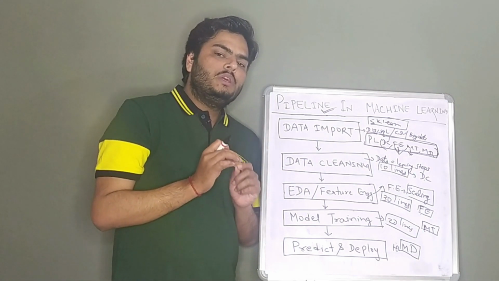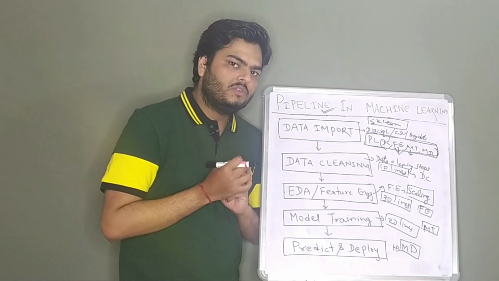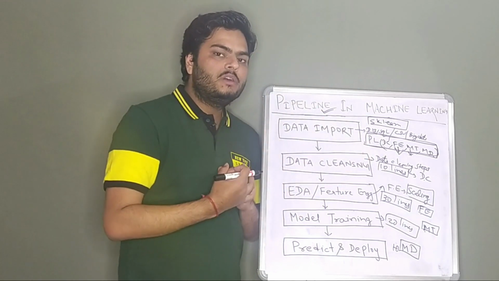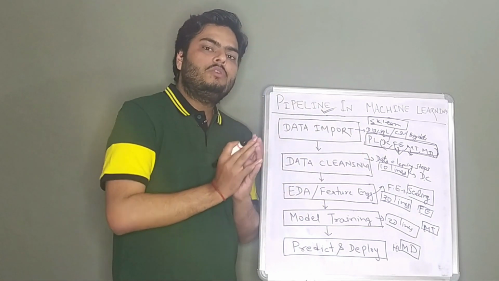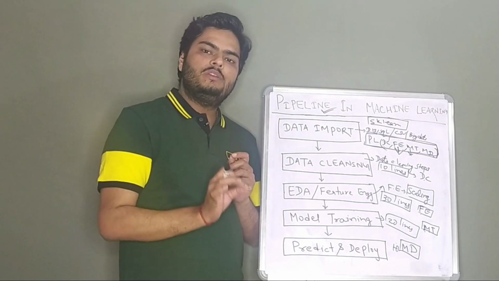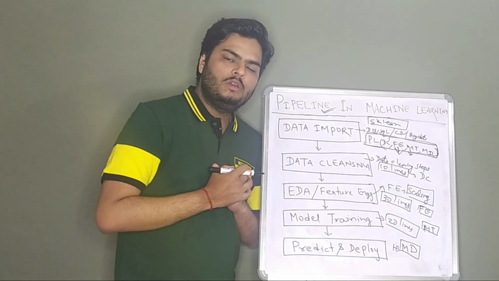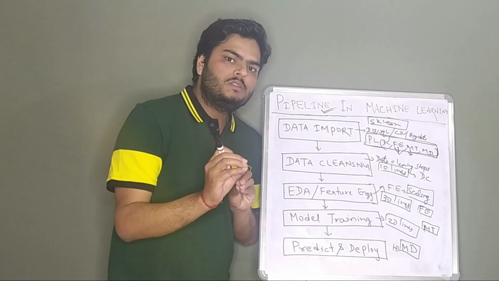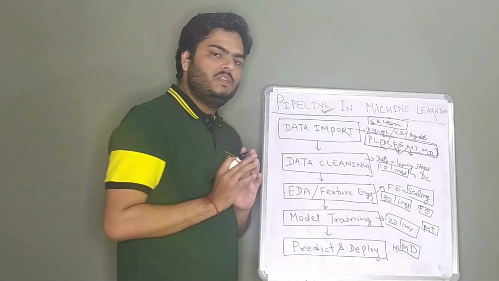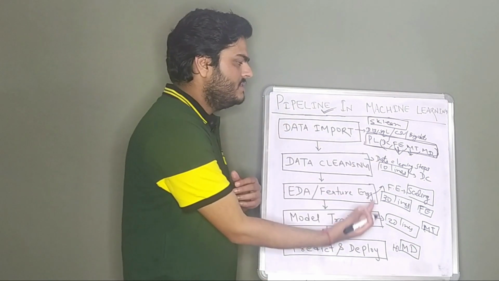Now if you are working in a production environment, then there will be one more layer on top of it. In production your pipeline should also include the data fetch and all the necessary configuration files. In case you don't know, a configuration file is nothing but some of the inputs that the user wants to pass while calling that model. So all the files should be in place and all the functions should be defined, and then we can run the pipeline very easily. And I've already told you about the advantages of using pipelines.